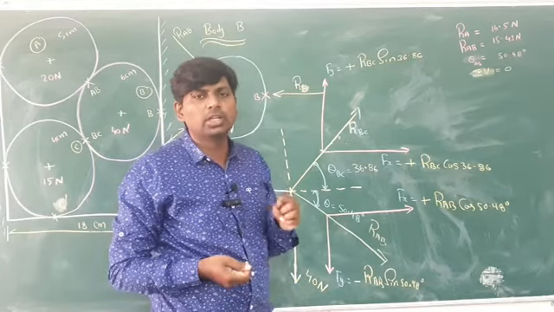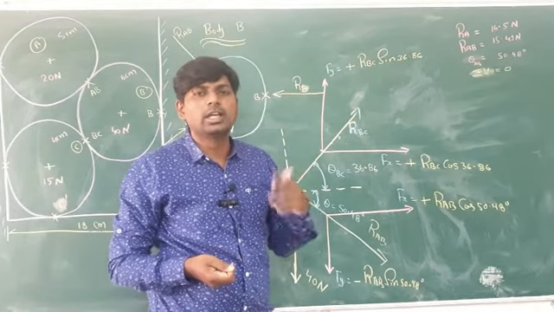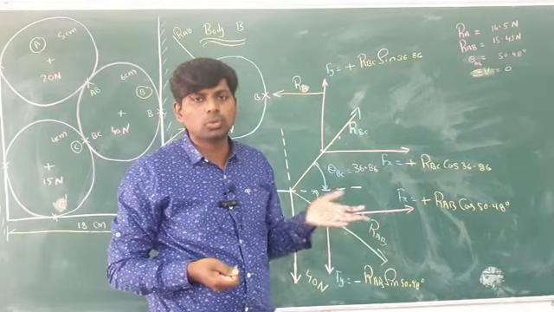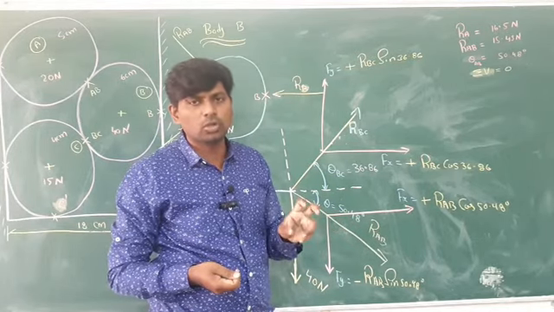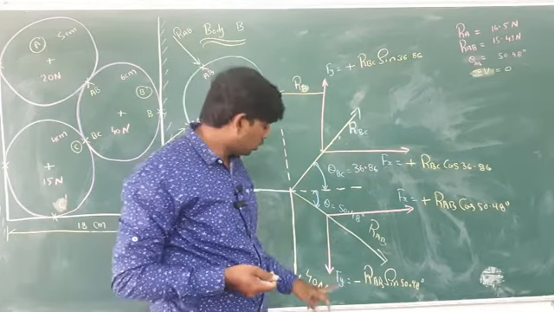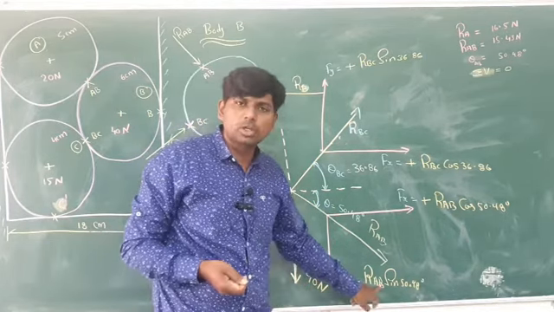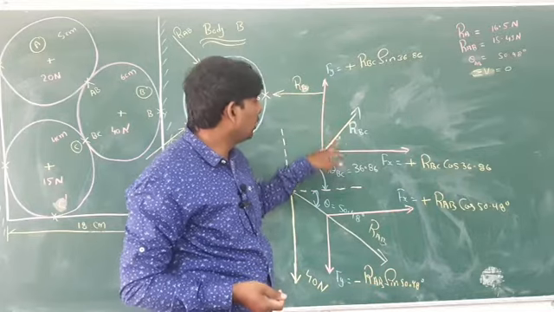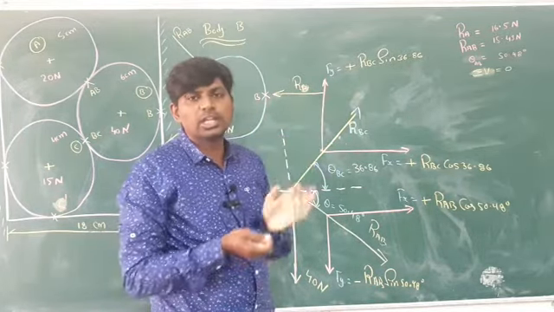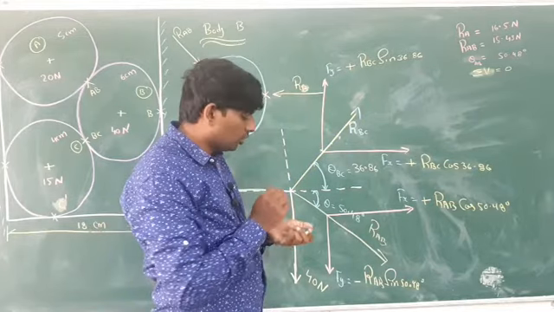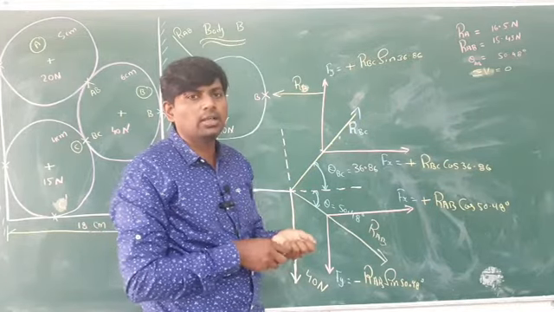If I take the sum with fewer forces, I will get the value easily compared to more forces. If 2 unknowns are there, then you have to keep it like that only. If 1 unknown is there, easily you can find out. This one is known, RAB also you know. What is the only unknown value here? RBC. So from this you will get the RBC.